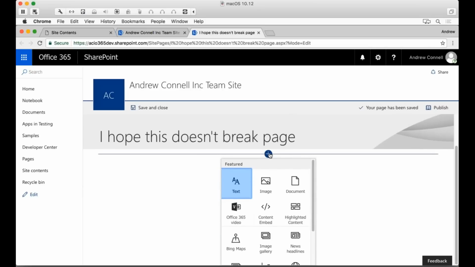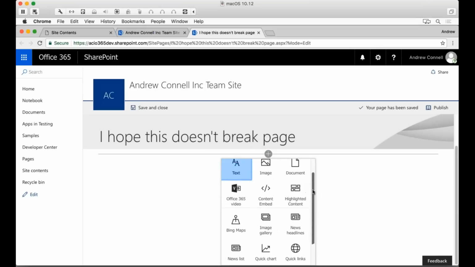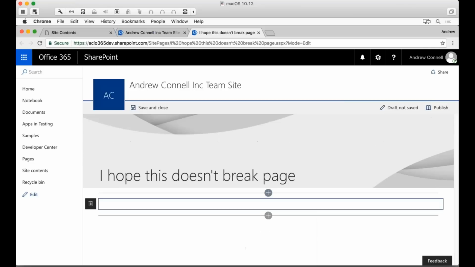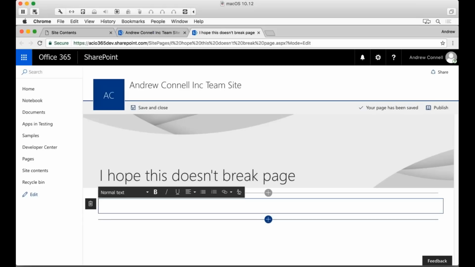This thing down here at the bottom, that's where we're going to go through and add in client-side web parts. These are all client-side web parts that Microsoft has created and added to the web part gallery for us to be able to use on a modern page. Now, what you don't see here are all the old web parts that we saw on the previous page. Those were classic web parts that were server-side web parts. Those can't run on a modern page. These kinds of web parts are client-side web parts. These can run on the current page, and they can run on the modern page.